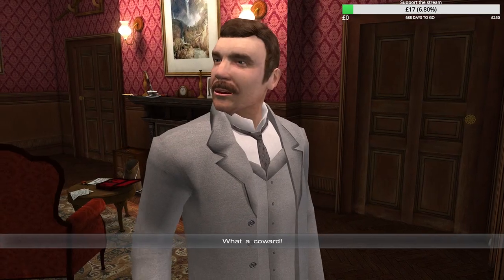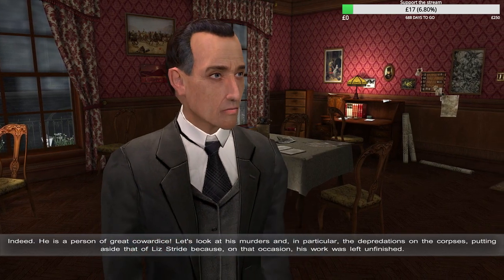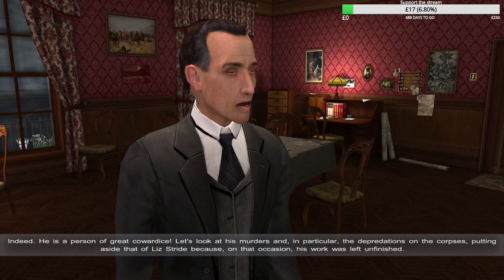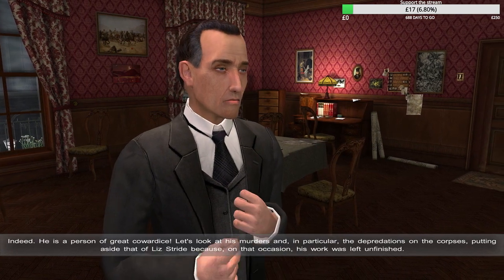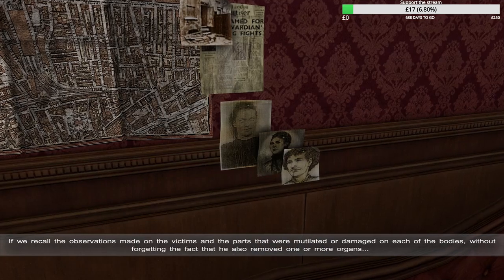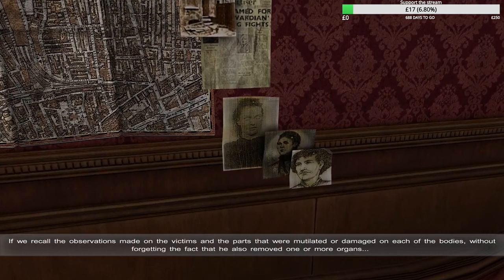What a coward! Indeed, he is a person of great cowardice. Let's look at his murders, and in particular, the depredations on the corpses, putting aside that of Liz Stride, because on that occasion his work was left unfinished. If we recall the observations made on the victims and the parts that were mutilated or damaged on each of